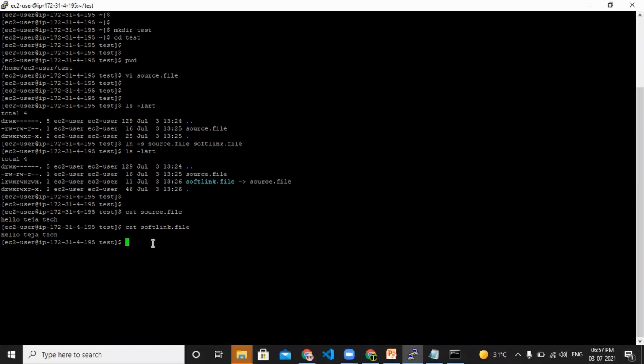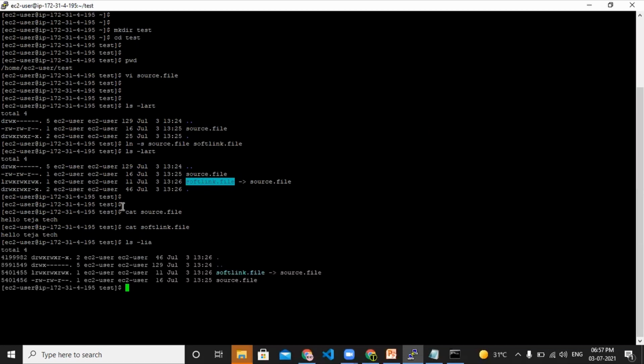If you want to see more in depth, we have a concept called inode. Inode, in the sense, for whatever file we have created, there are data structures inside, like a table with data source and name, and it gives you a memory address. If you run ls -lia, you are able to see it.